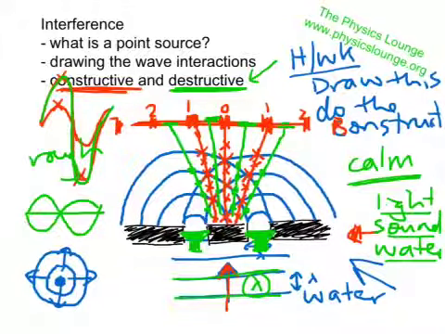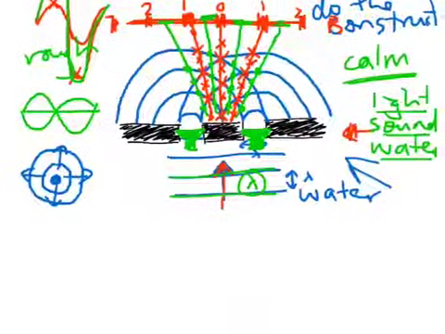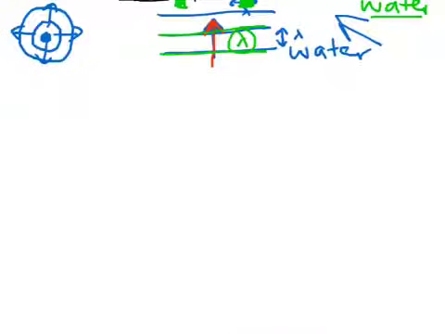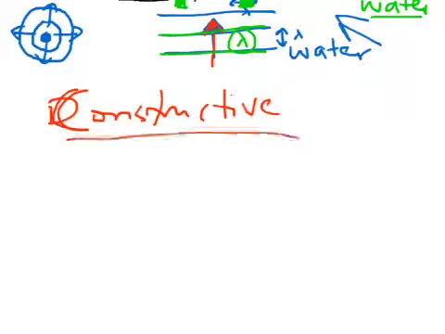Now there's one final thing to talk about with this, and that's just to list the factors which affect or which can be used to talk about. And there we've got the constructive factors. For constructive interference to occur, you have to